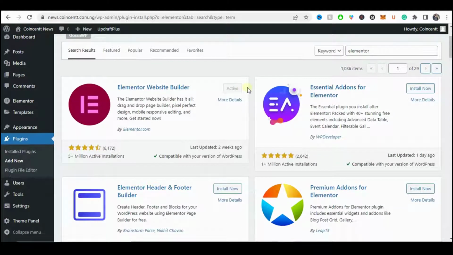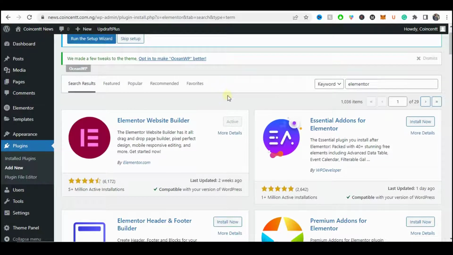And then here we have it. If you haven't installed Elementor, you're going to see a similar Install Now button here, and then you're going to click on install and also activate the plugin. But in my own case, I already have the plugin installed and activated, so let's just start building our web page immediately. To build our web page, what we need to do is create a new page,